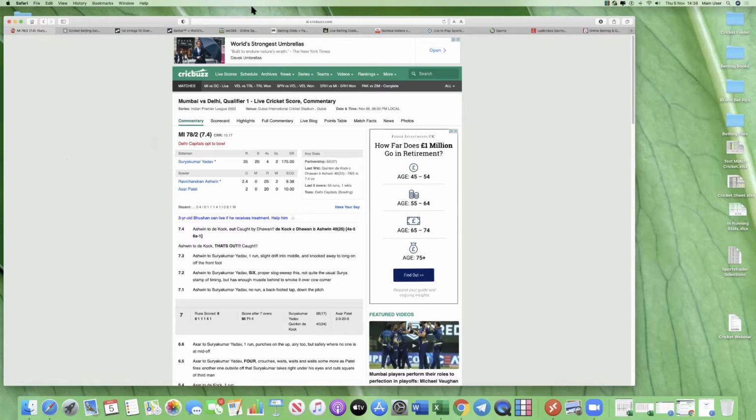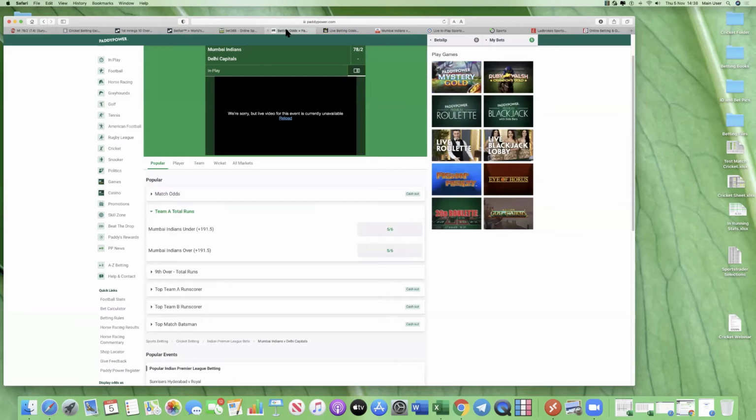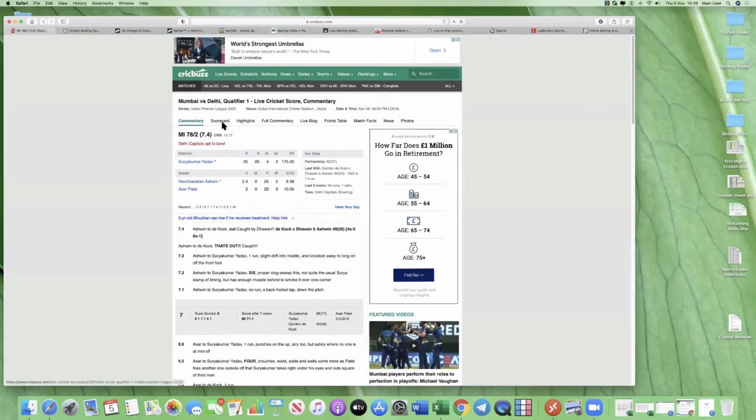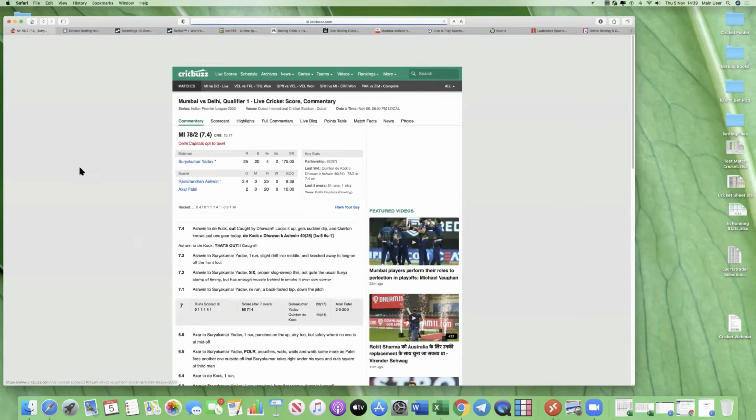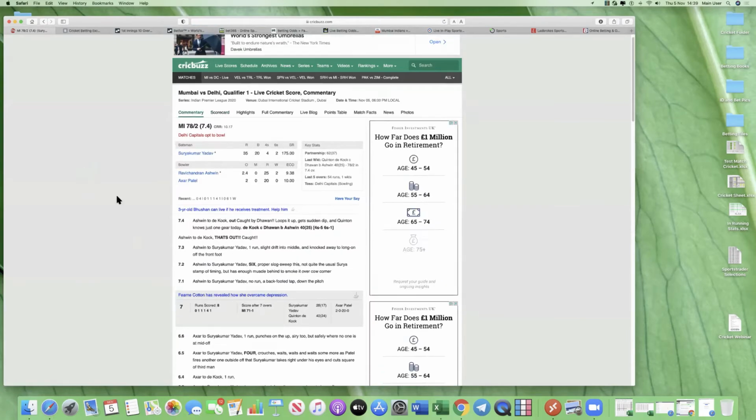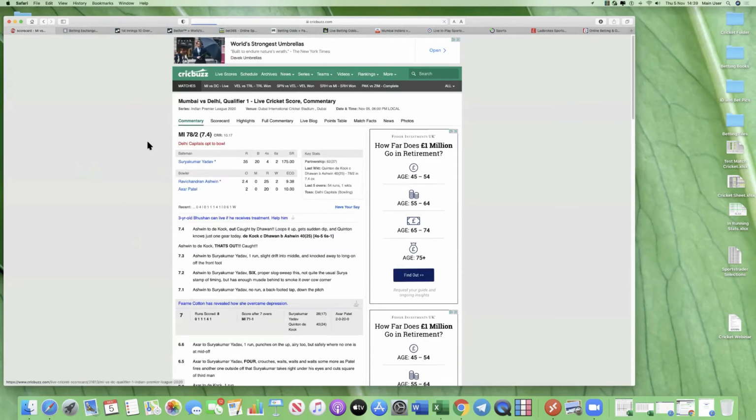But what's also to counter that is, unfortunately for Delhi, they've gone in with an extra bowler in this game and it hasn't really helped them at the moment. They're in a world of pain and they're going to be short a batsman in the back end because they've gone for the extra bowler. Yeah, I don't know why they put this Daniel Sams in again. He was poor the other day and he's gone for 15 in his first over. So I can't understand because is he in for